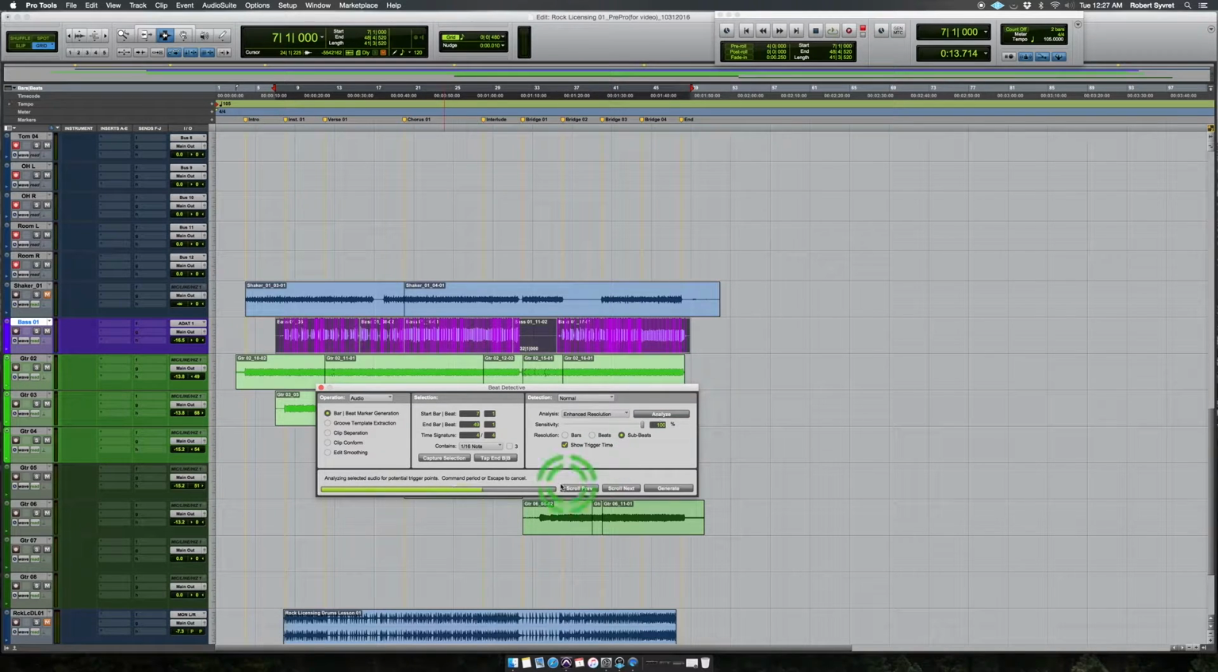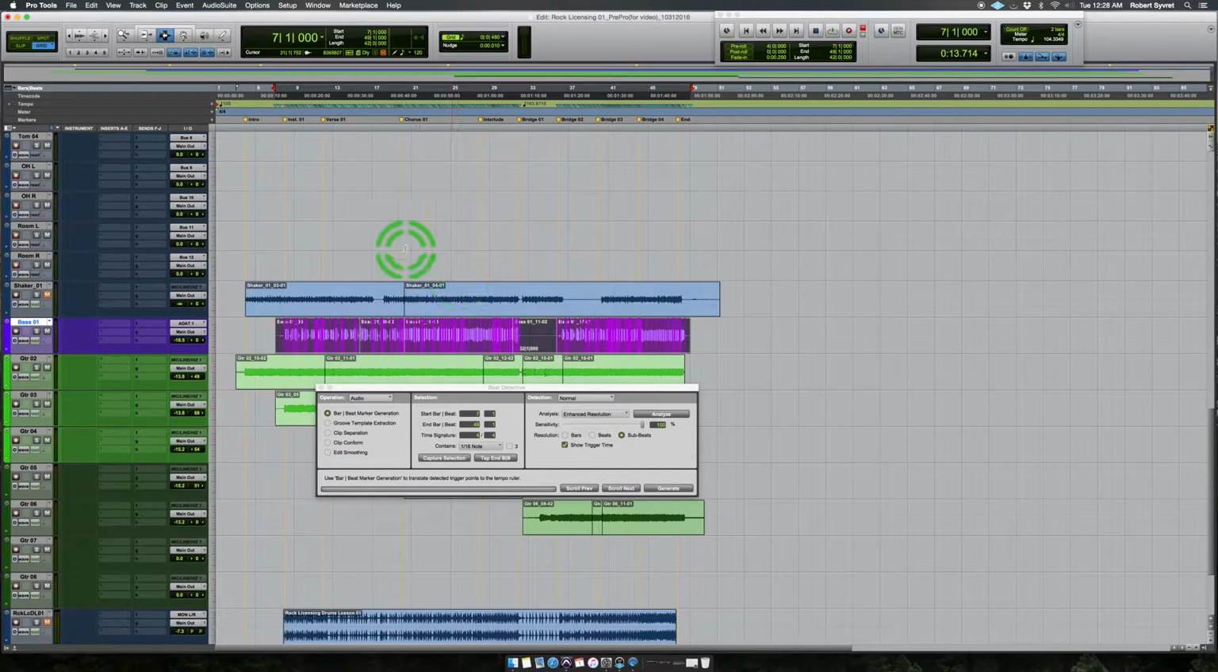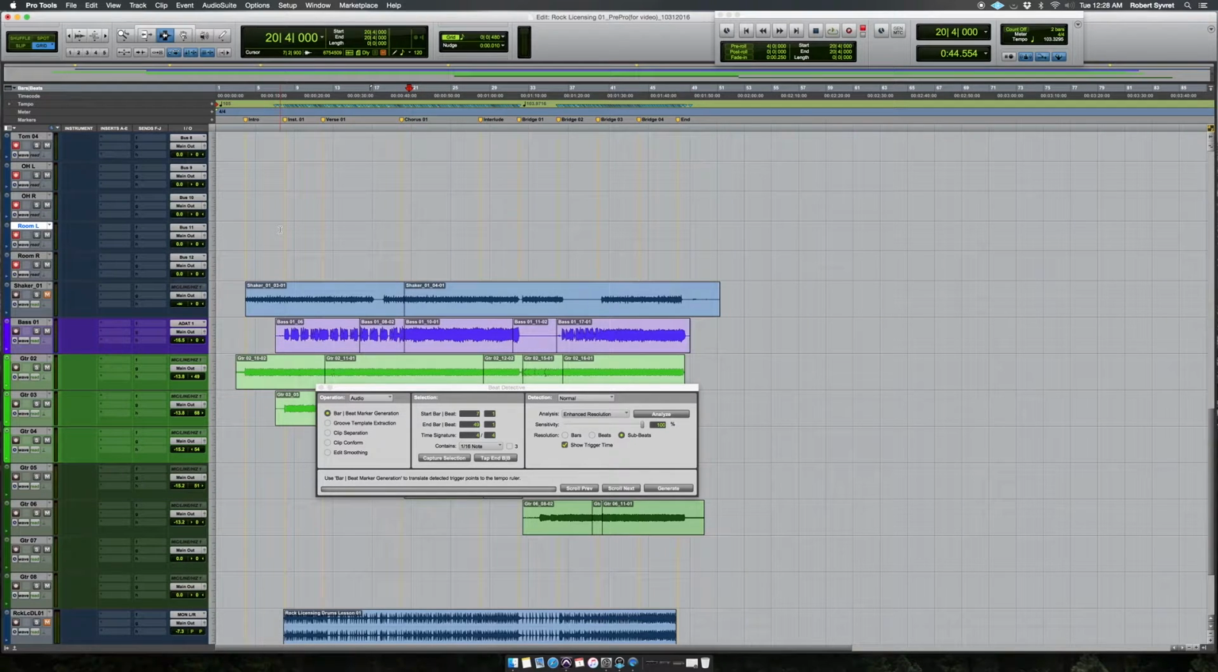I'm going to press Analyze. You're going to see that go. I will select sub-beats to keep the change more specific, and I will generate, keeping the sample positions, because you don't want to move any of your pre-recorded audio tracks. And press OK. And then when you press record,